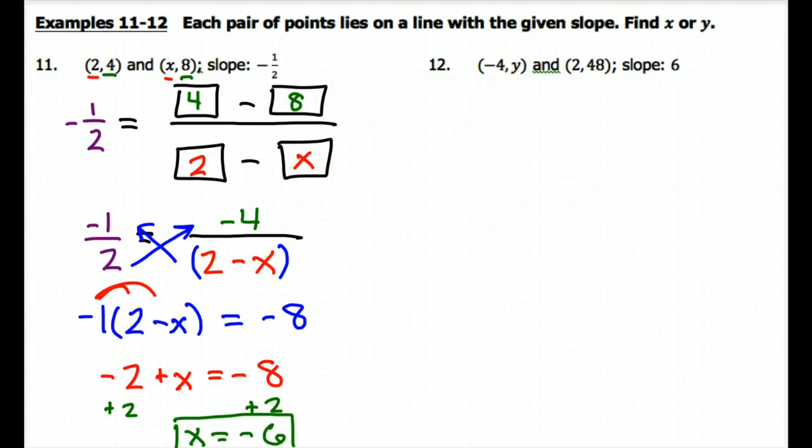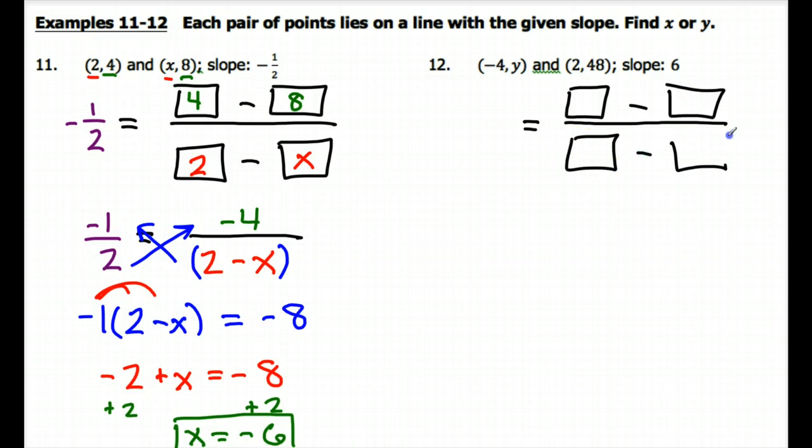Okay, finally for 12, I'm going to do the same thing, except this time I'm missing my y coordinate. So our formula, again, m equals change in y over change in x. We know the slope is 6, so I'm going to write that as 6 over 1. And we're going to plug in our y coordinates. This time I'm missing one of my y coordinates. I know the other one is 48. And I know both of my x coordinates, so I need to have a negative 4 and a positive 2